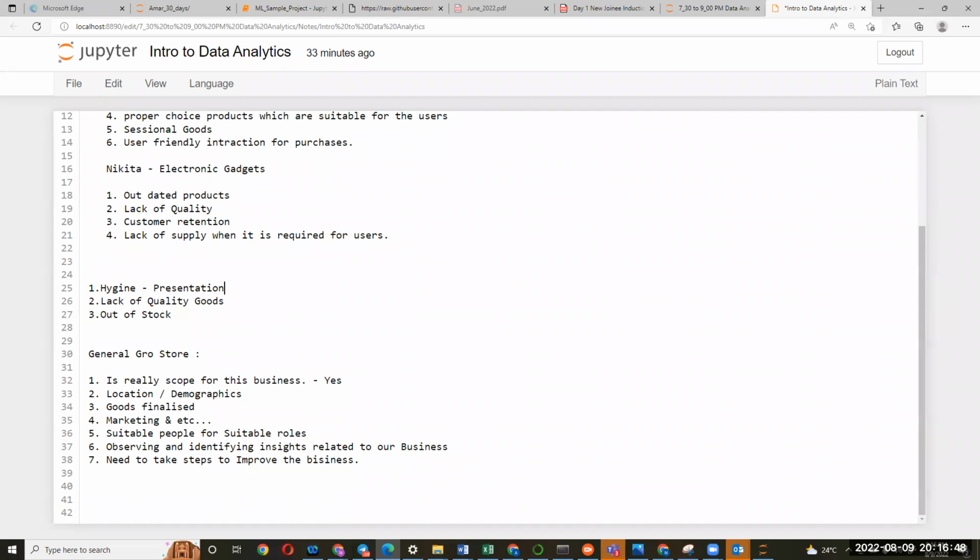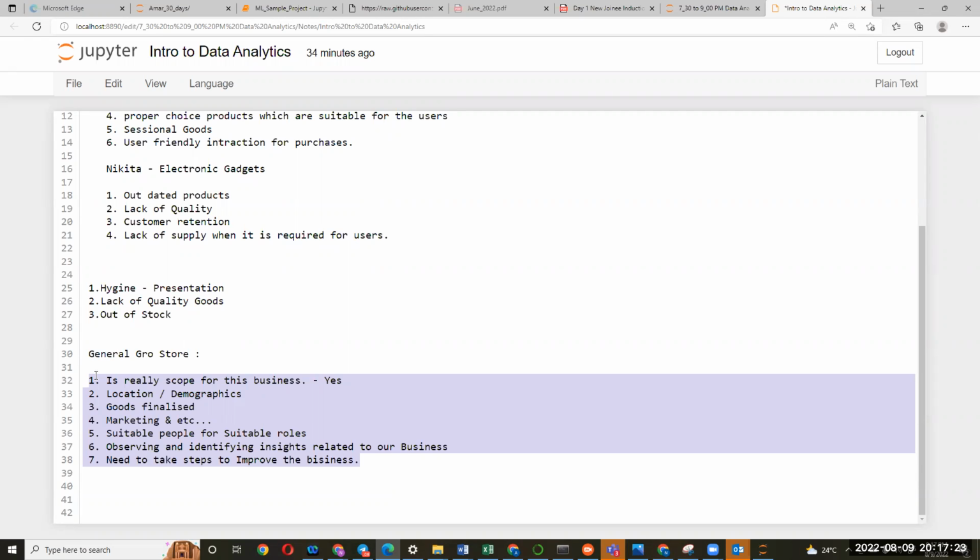From starting the business, from the starting to the ending, the ongoing process, a business analyst is needed at every step, I feel. Yes, a business analyst is required at every step, but data analytics will play a crucial role in each and every step. A business analyst is completely different from a data analyst. The data analyst is very important at each and every stage to take each and every decision, and to validate each and every decision.